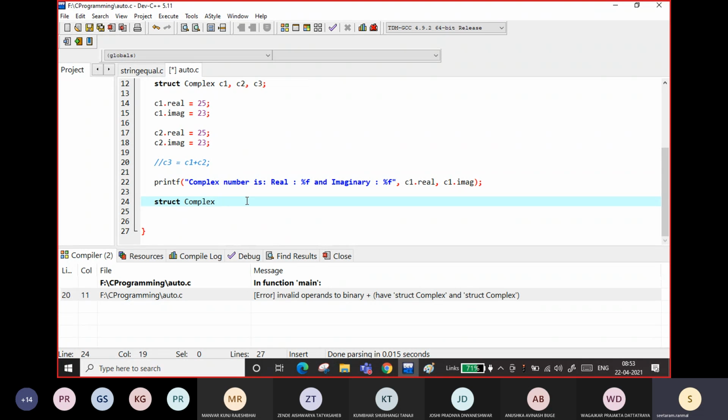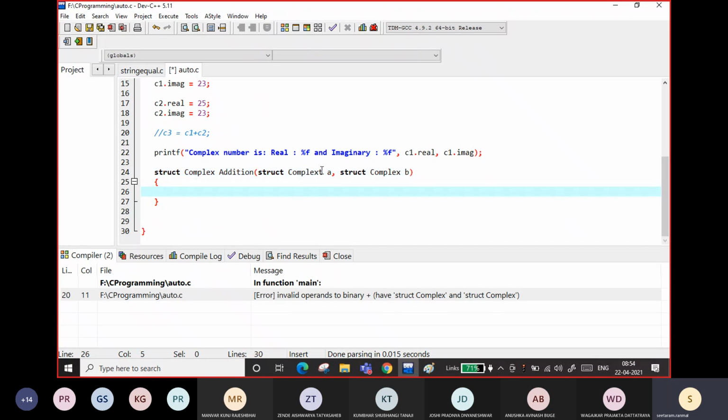Name of a function is addition. Whose addition? It will have struct complex A, struct complex B. So this addition function will take two complex numbers and it will return another complex number.